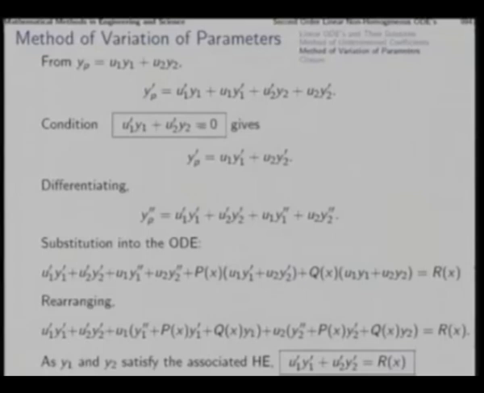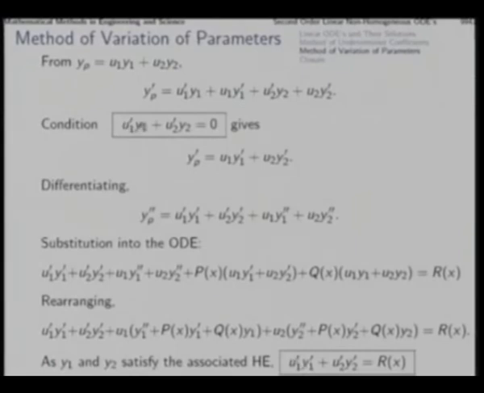Now this condition that we imposed, through which we also simplified the expression of yp prime, through which we avoided the second derivatives of u1, u2 in the resulting equation here, that is one equation, and the given differential equation gives us the second equation